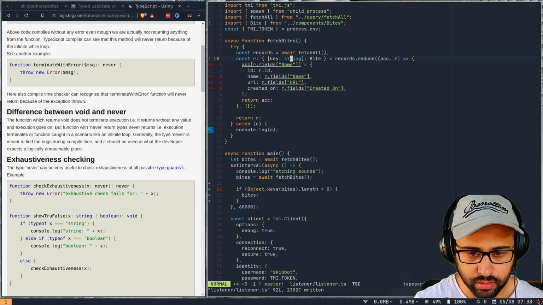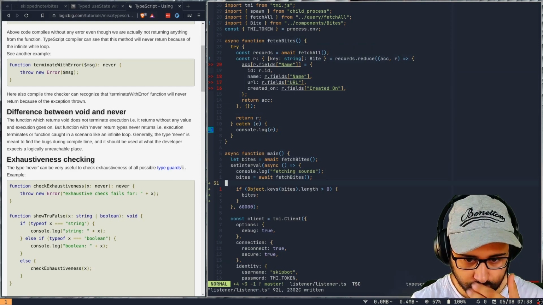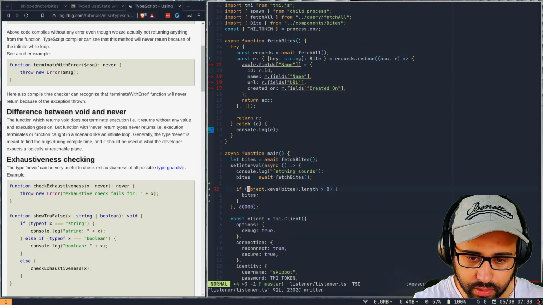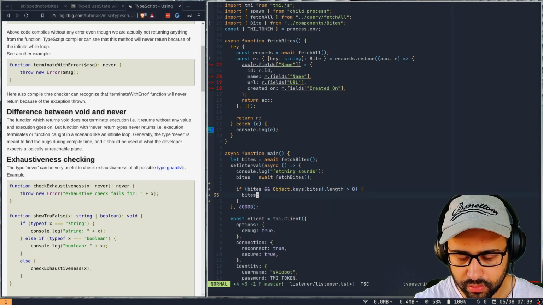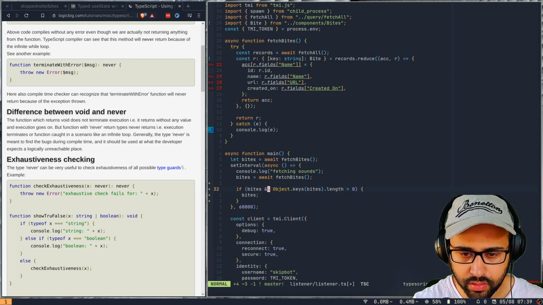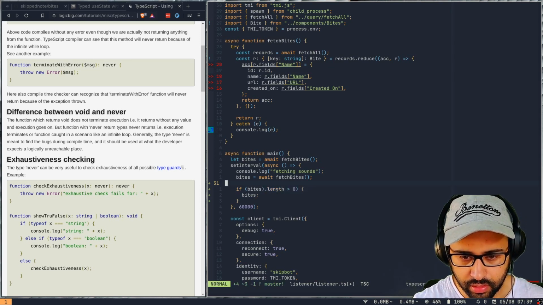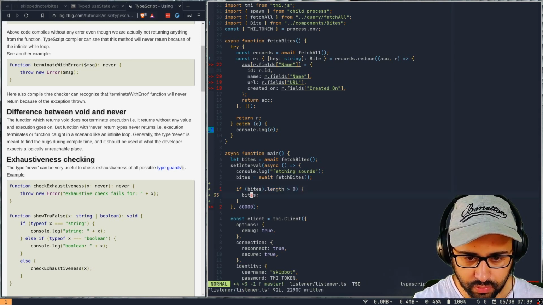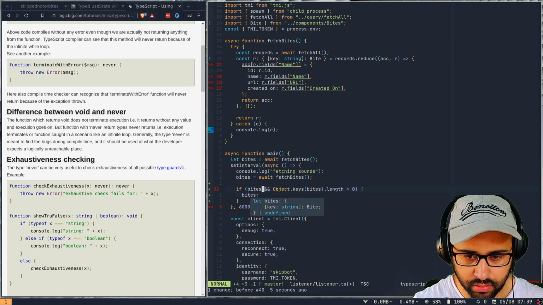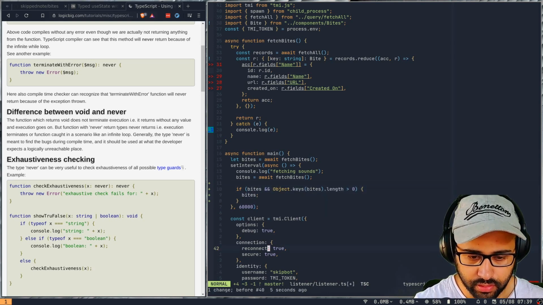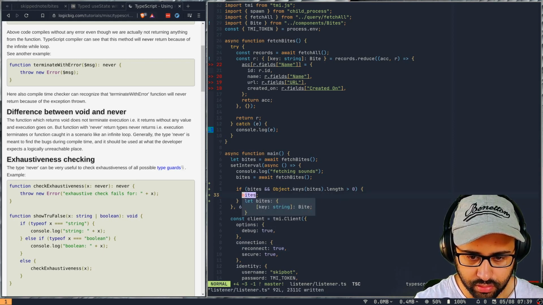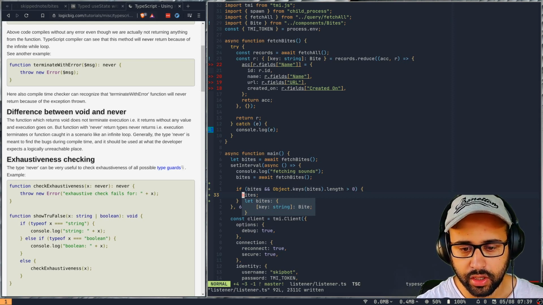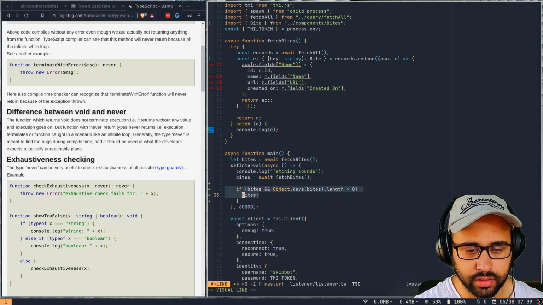Yeah, so this is something I think we can work with. We can say bytes, and I think even if I just do bytes, that should be fine. So if I check for bytes, oh no, yeah, we need to explicitly check for that.